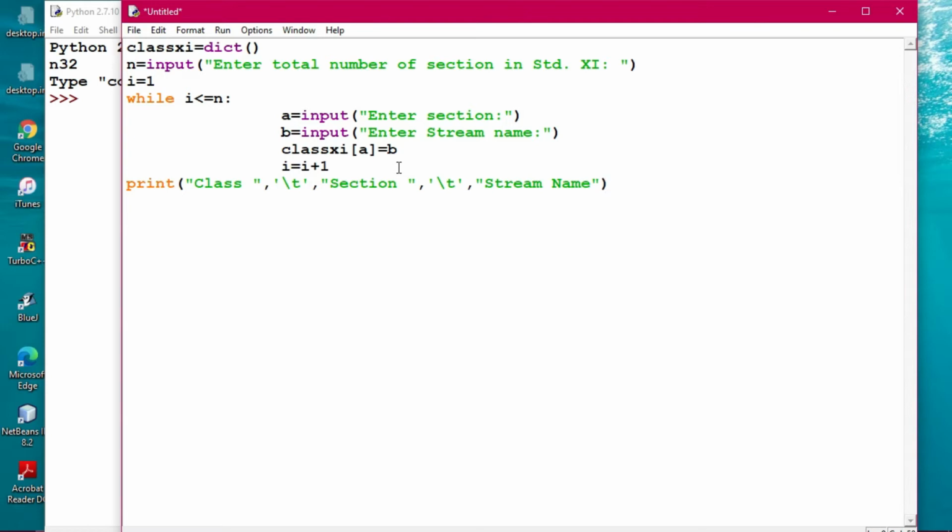Now you see out here, this has been given outside the loop, because the statements which are inside the loop follow the indentation. So if you violate the indentation in a program while doing the practical, you will definitely get an error message, such as wrong indent or something like that. Now this one is outside the loop, so we have printed it out here.